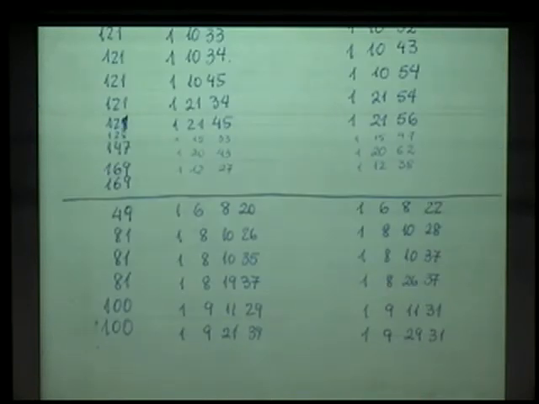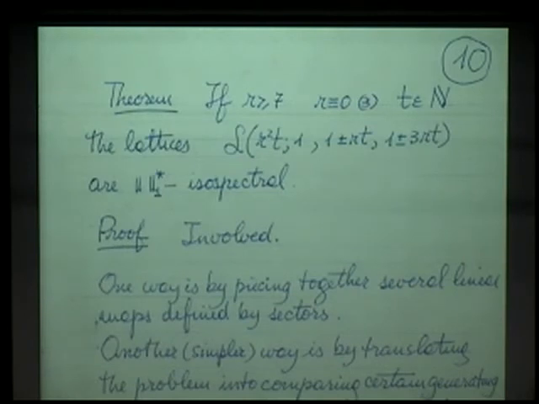And it's not clear at all how to get these from these. Okay? Actually, we don't have. So after these, we got an infinite family. Of course, you want an infinite family. This should be non-zero. If r is greater than or equal to 7 and r is not congruent to 0 mod 3 and t is in N, these lattices with plus and minus are norm 1 star isospectral. So it means that the associated length spaces are p isospectral for all p.